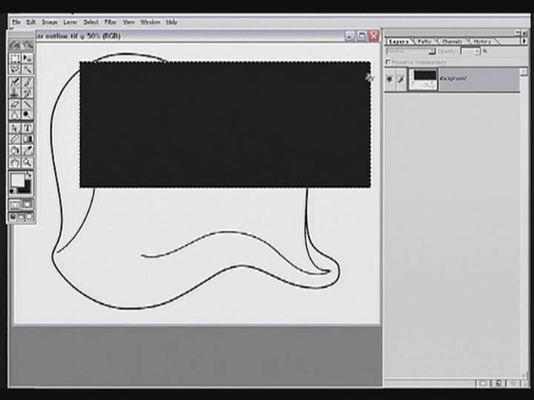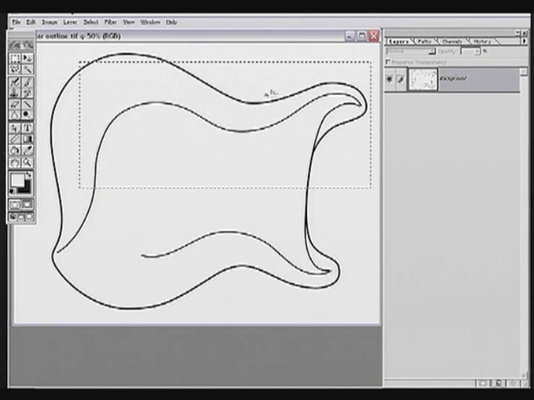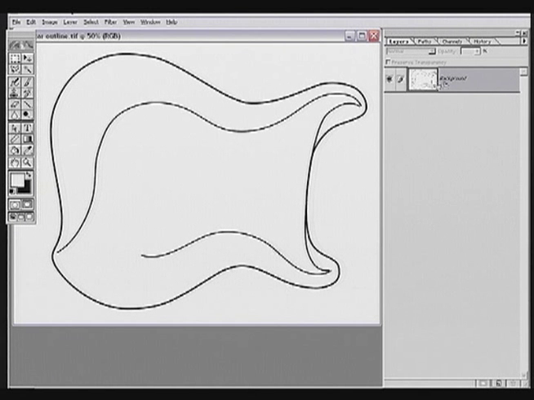not recognizing that there's any transparency yet in this document, because it is the background, and in theory you can't go any deeper than the background, so there's nothing for it really to cut to. So what Photoshop is doing when I hit the delete key is it is filling that space with our background color, which at this point happens to be black. So if I undo this, get rid of our marquee selection,